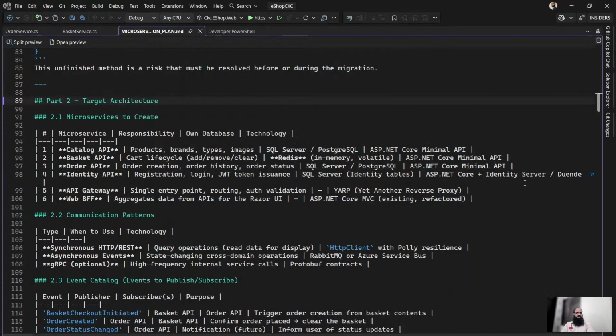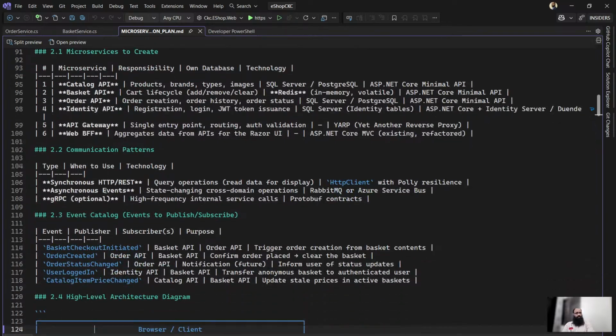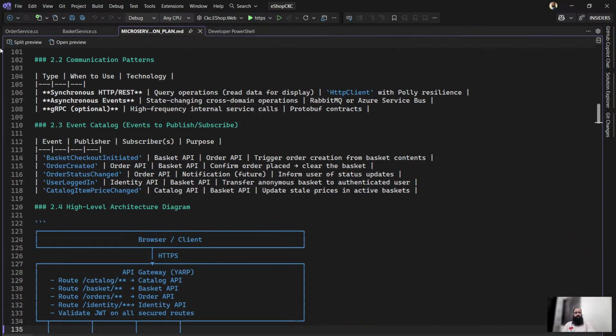And now what I'm trying to achieve over here is to move from this monolith to microservices. It has suggested creating 4 services. Now the second thing it's suggesting is the communication pattern. You can see it's saying synchronous HTTP calls, query or data read for display, HttpClient with Polly resilience. Polly is again a .NET library, you can say, which is used to retry and build a resilient model,